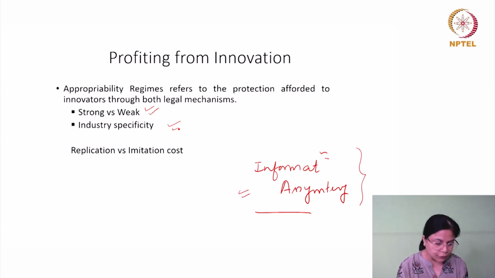So the gap or the difference between them, that is the replication cost and the imitation cost. Replication cost means you will be able to tell the other party how to produce it, how to do it, but there might be certain tacit information which may still remain with you, and as a result imitating may not be very easy. Moreover, imitation will become much more difficult once you align it with the appropriability regime that is available in the economy. So these are the important factors which will come into play when we talk about how patenting will facilitate the technology transfer.